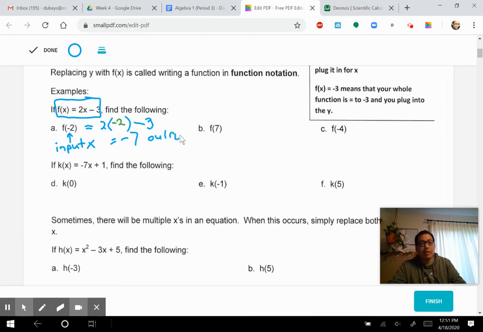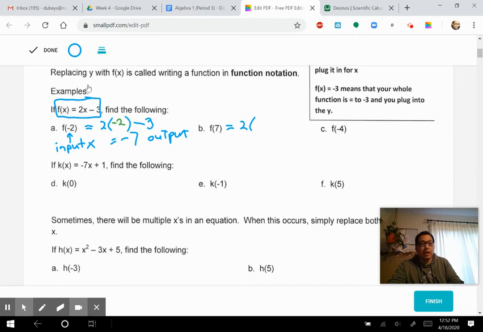So remember, a function takes inputs. It's like a rule, right? It takes an input and it spits out one unique output. Let's do another one with this same function, f of 7. So what is this going to be? Well, we're going to take the same function here, f, which is 2x minus 3. So 2,